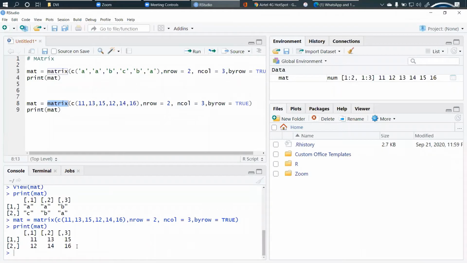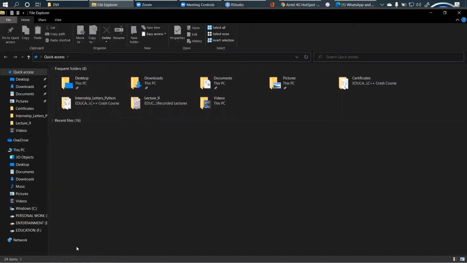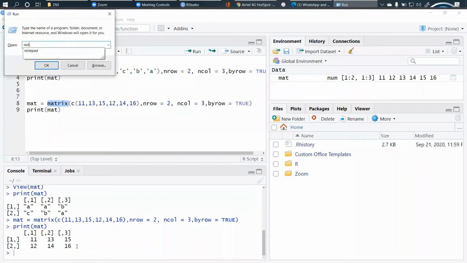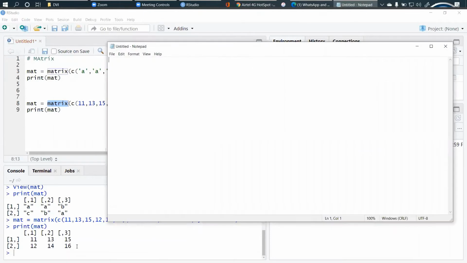Now let's check out the syntax. I'll write it in the notepad. If you're going to study matrix, there is a set of syntax, or you can say rules, wherein you need to represent a matrix.